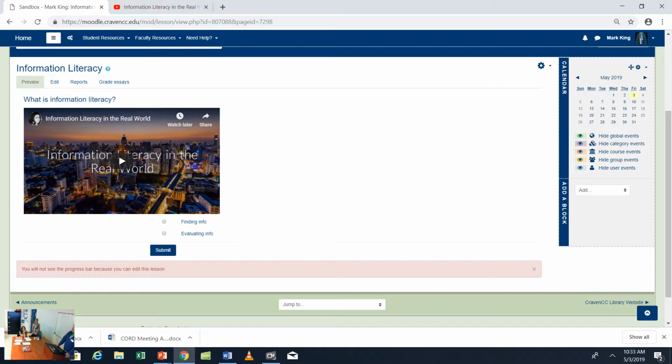I would say experiment with it. Maybe in your fall classes, or maybe even your summer class if you're teaching summer and you've got time. Maybe take one of your weeks that you're teaching and just test the lesson out and see how they do. That's the best way to get the data and statistics. Just have your students do it, and maybe even ask them what they thought about doing a lesson versus printing out a PowerPoint or reading through things and then answering a bunch of quiz questions. See how they like the lesson. Student feedback's the best we can get.